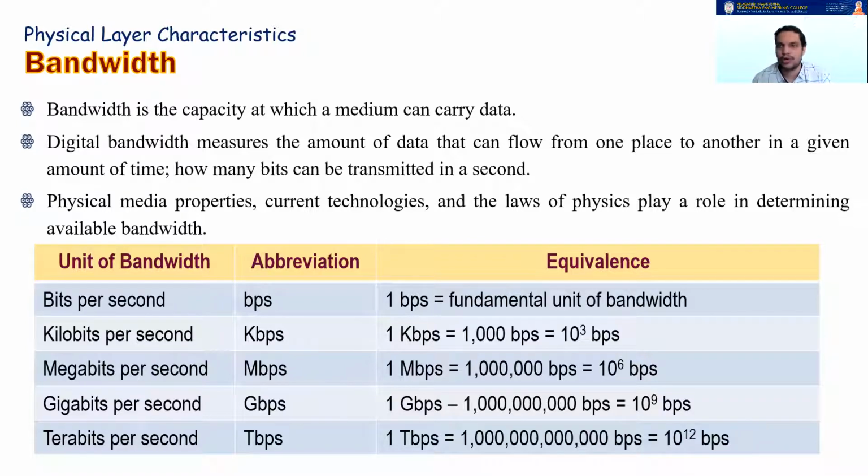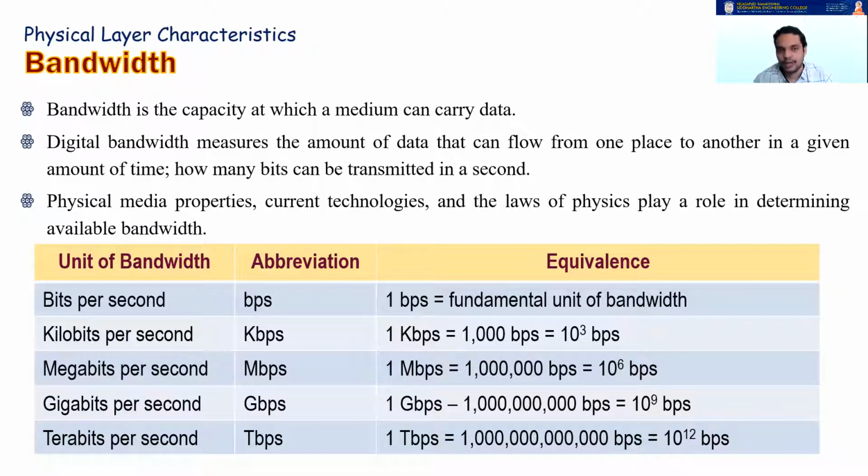Now, if anybody asks you what is your data rate or what is the bandwidth or how much you are paying for your internet connection, you usually say 2 Mbps, 10 Mbps, 25 Mbps, 50 Mbps. Even in mobile phones, you can see the download data rate of your connection at the top, like 4.5 kbps or 2 Mbps or 1 Mbps. That bps stands for bits per second, M stands for megabits per second, k stands for kilobits per second, G stands for gigabits per second, T stands for terabits per second.